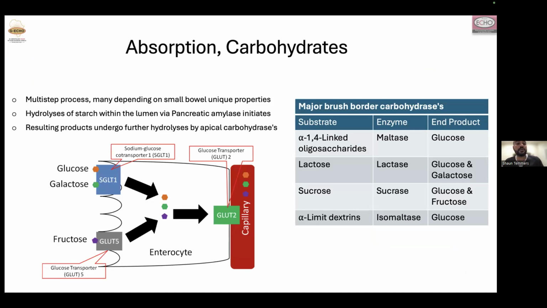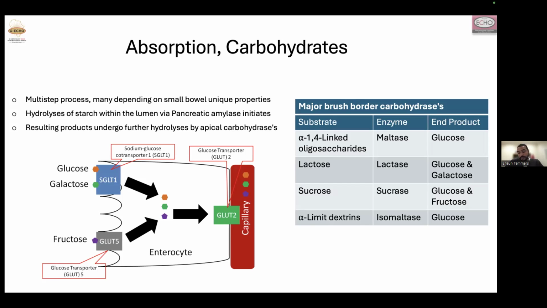Carbohydrate absorption is another multi-step process, but the important part is that most starches are hydrolyzed within the lumen via pancreatic amylases. Yes, oral and gastric amylases do play a very small role, but the major role is played by pancreatic amylases. The products then undergo further hydrolysis via apical border carbohydrases, and the table summarizes the brush border carbohydrases that are